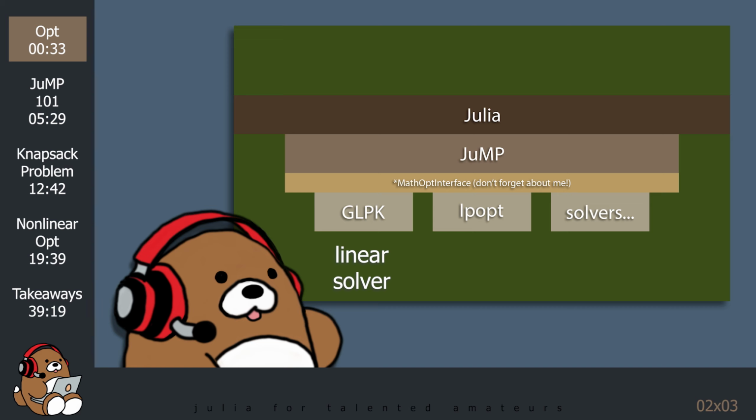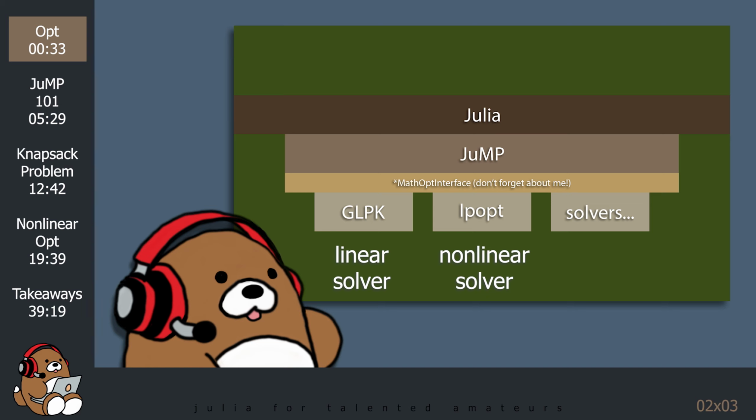The other solver package that we'll be using is Ipopt.jl. Ipopt.jl is a Julia interface to the COIN-OR nonlinear solver called Ipopt. Ipopt stands for Interior Point Optimizer, and unlike GLPK, Ipopt is used to solve nonlinear problems. COIN-OR stands for Computational Infrastructure for Operations Research. It was founded in the year 2000 by a group of IBM researchers who proposed open source as a means to publish software, models, and data. It is operating today as an educational nonprofit foundation.